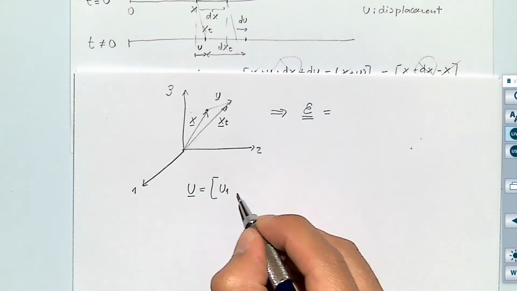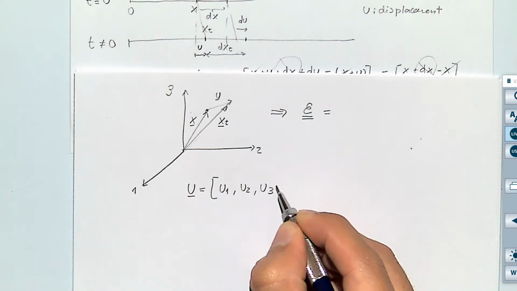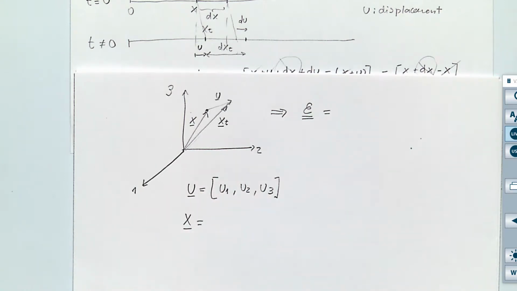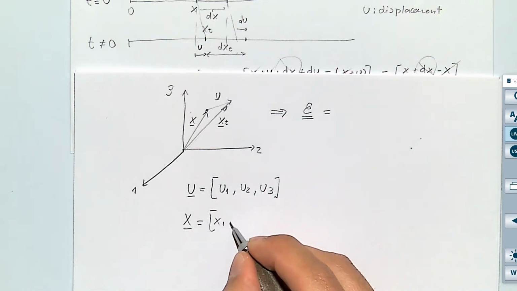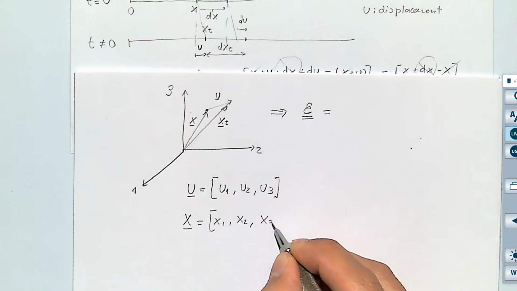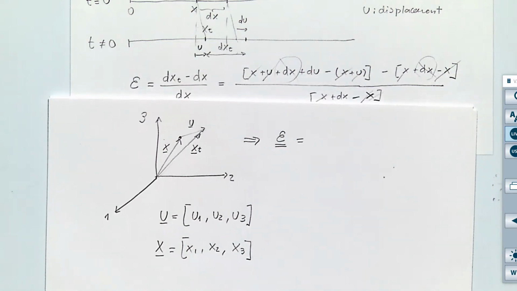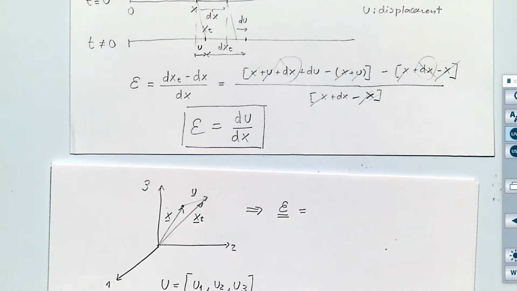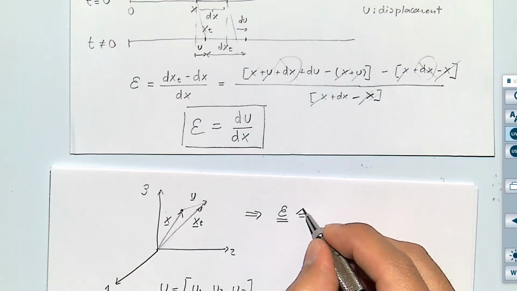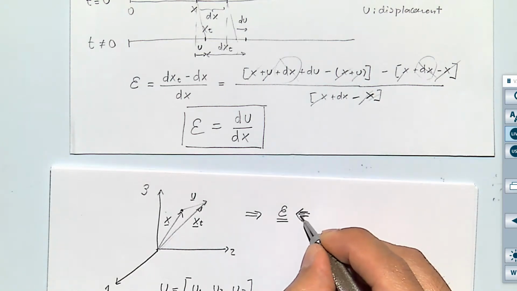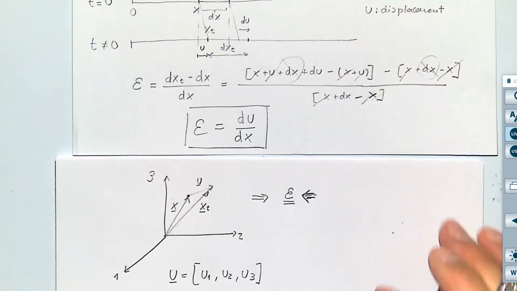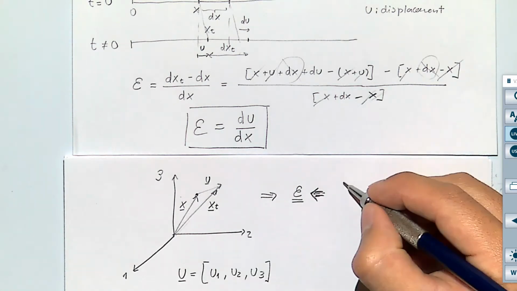Three, right? u1, u2, and u3. How many components does the position vector have? Also 3 components, because those are just vectors. And the Jacobian for this matrix is not going to be exactly equal to the strain tensor, okay? But we're going to get it from there. So from the matrix I'm going to write, we're going to get a strain tensor. But it's very similar to this equation, and the equation is going to be